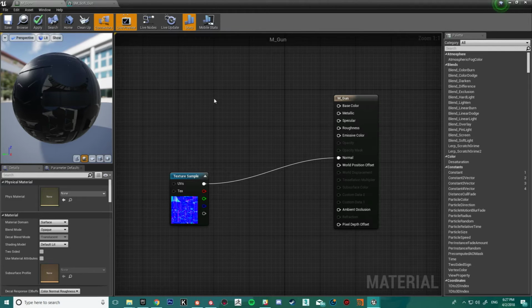Speaking of Epic and what they've learned from using their own material layered workflow in Unreal, they are currently in experimental mode in Unreal 4.19 working on a new layered workflow which actually lets you change the materials. I'll put a link in the description to that as well.